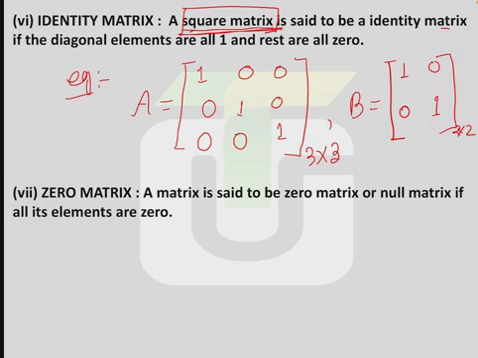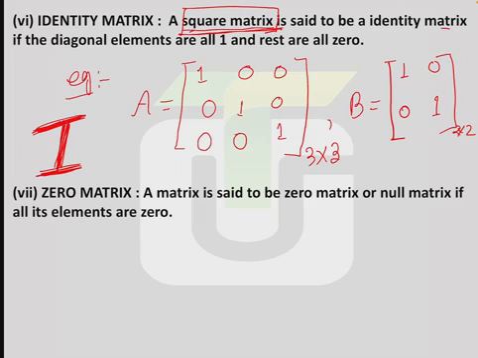Okay, so this type of matrices are called identity matrix, right? An identity matrix is generally denoted by capital I, right? Identity matrix is generally represented by capital I. Okay, जब तुमको I दिखेगा matrix में capital I, then आप पहचान सकते हैं कि ये आइडेंटिटी मैट्रिक्स है. ओके, सो नेक्स्ट वन इज जीरो मैट्रिक्स, राइट?